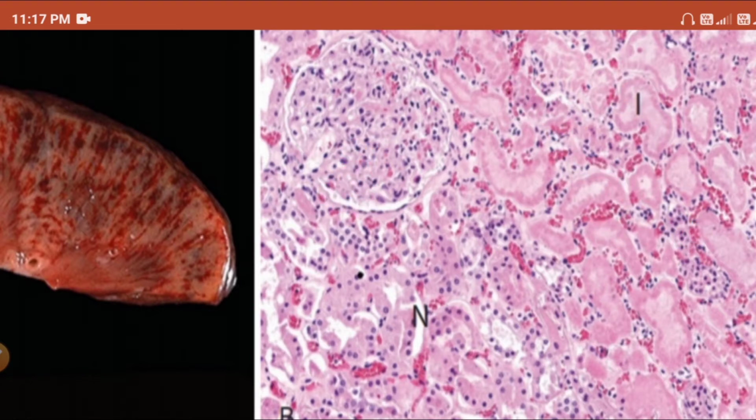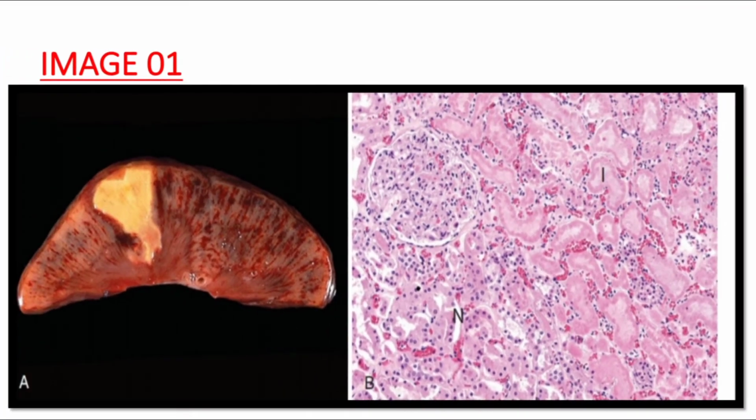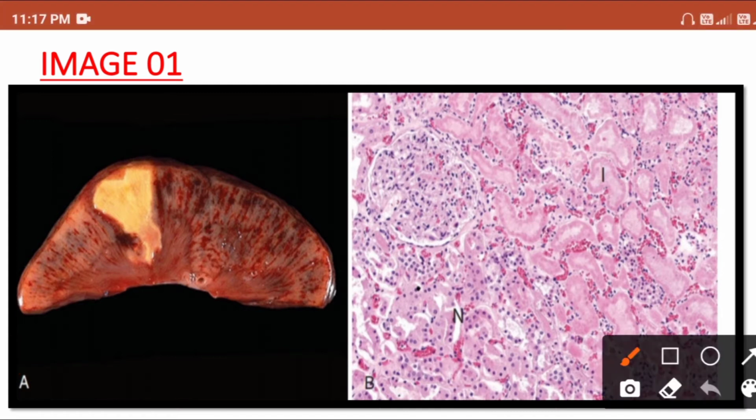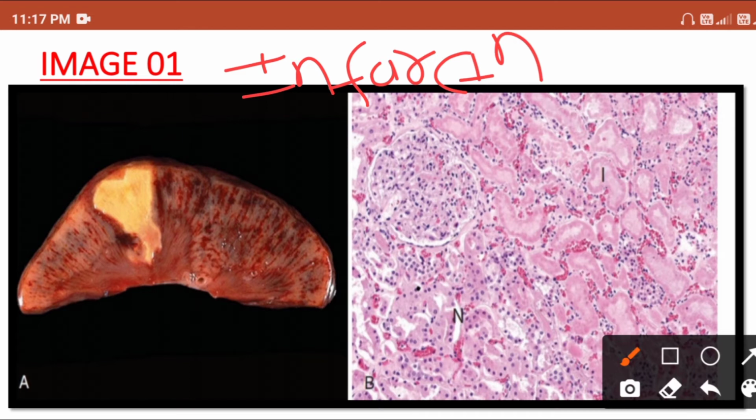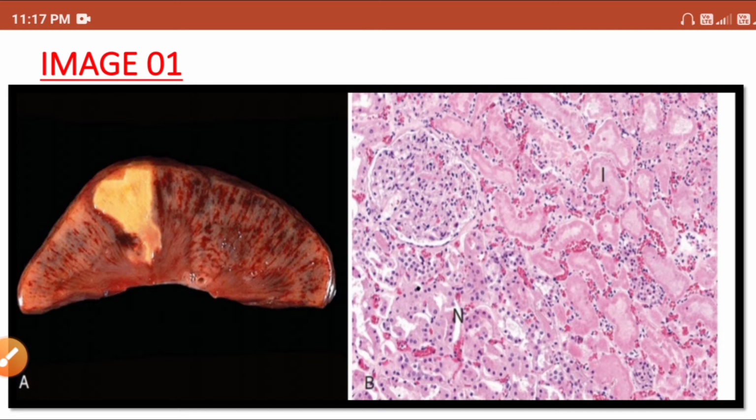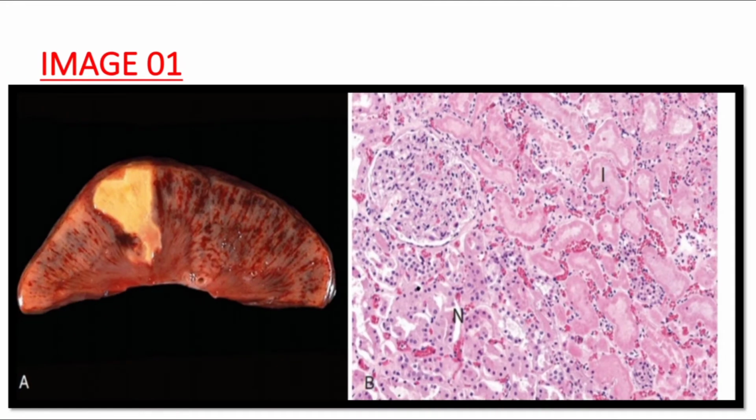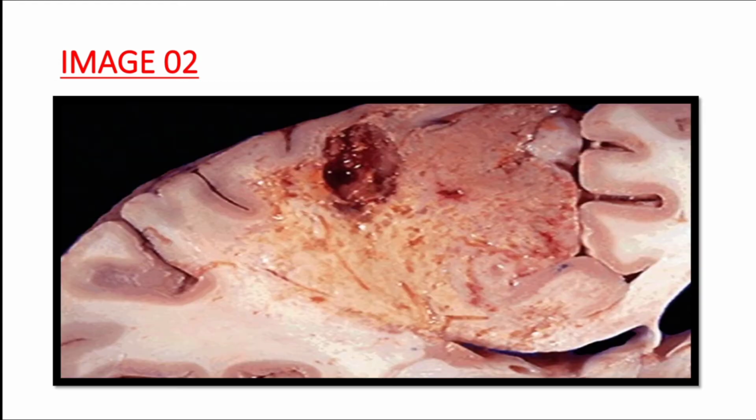And guys, this coagulative necrosis is because of ischemia. Whenever a particular organ is getting less blood supply, there will be infarction. Coagulative necrosis because of ischemia is known by the name infarction. Grossly, here you can see the wedge shaped solid infarcted area. So this is the first image, and it can be asked as an MCQ. This coagulative necrosis is classically seen in solid organs like kidney, heart, and spleen. Alright, now we will see the second image.